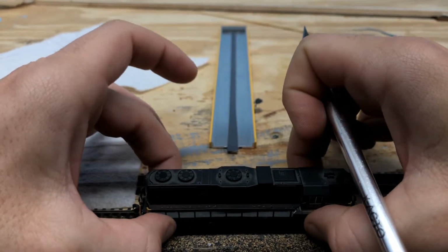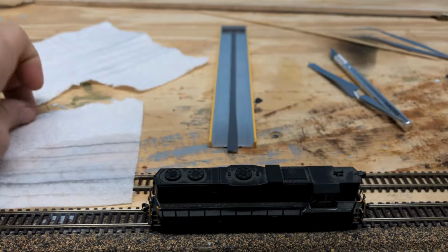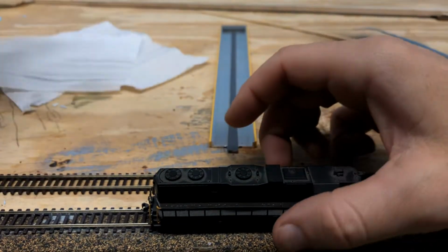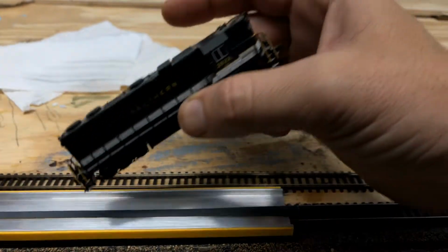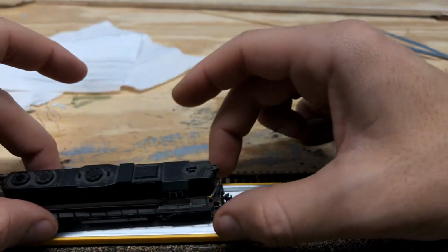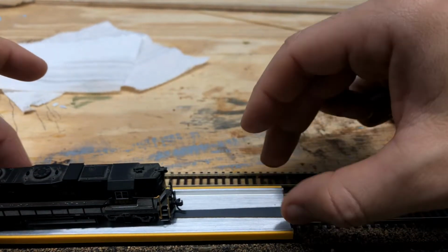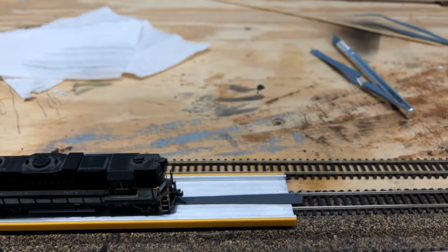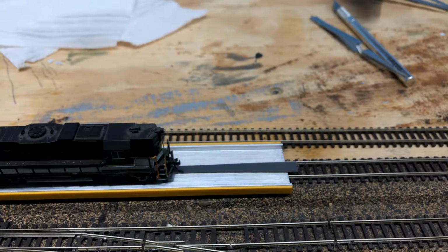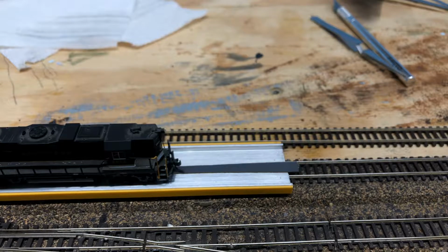So I'm going to put it on the power track. And I'm going to... Actually, I could have just used... I just bought this thing. I should have just used that. So this is a power re-railer. You put it on the track, and the power actually transmits up to the re-railer. So when I select this locomotive on my throttle, 28, 22,